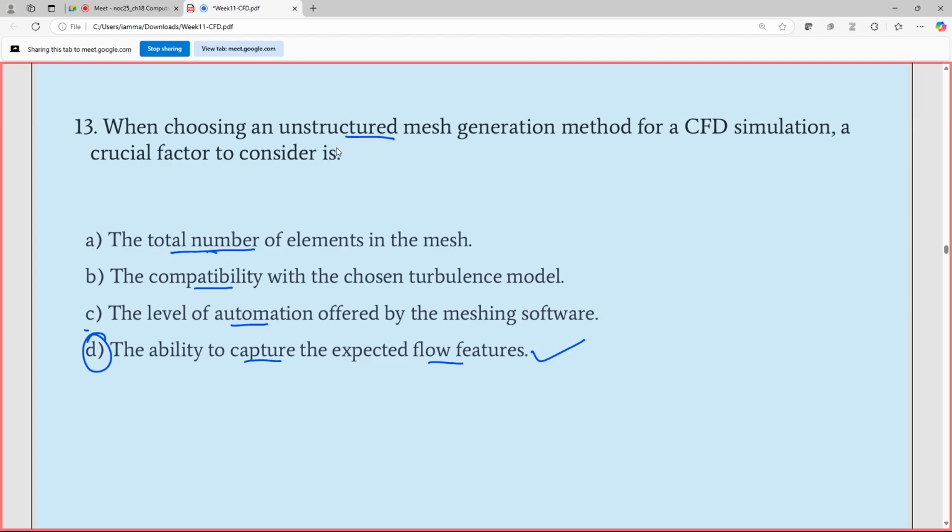But if we are choosing unstructured mesh, then what is the crucial factor to consider? That was our question. The crucial factor to consider is its ability to capture the expected flow features, because